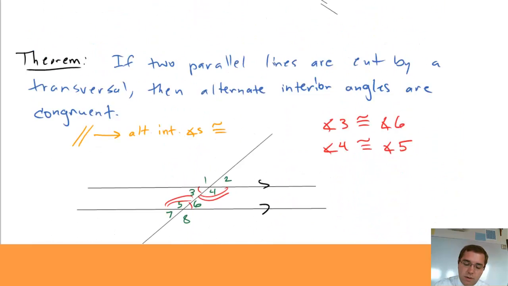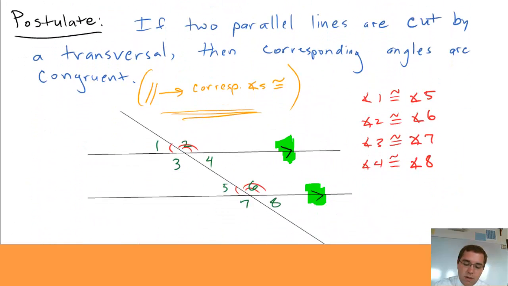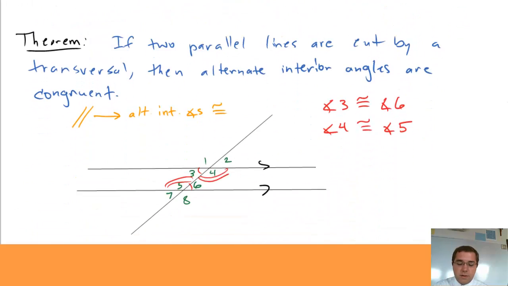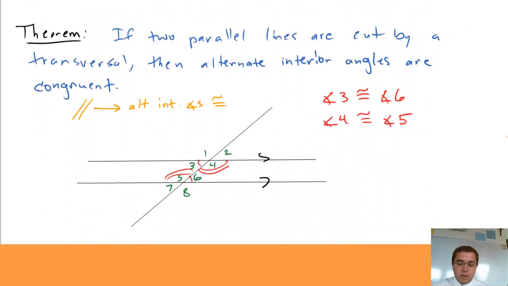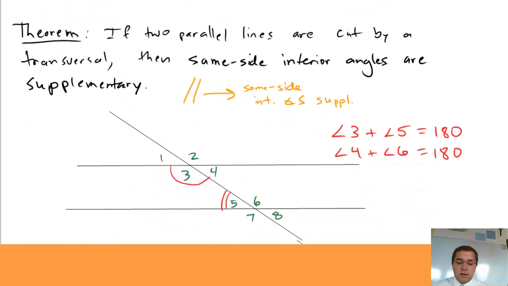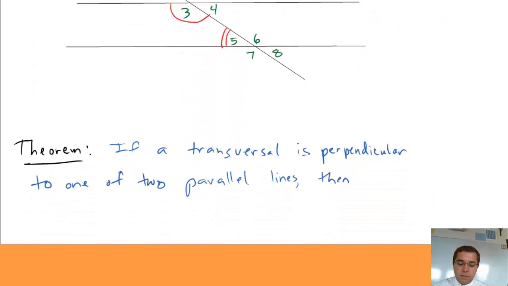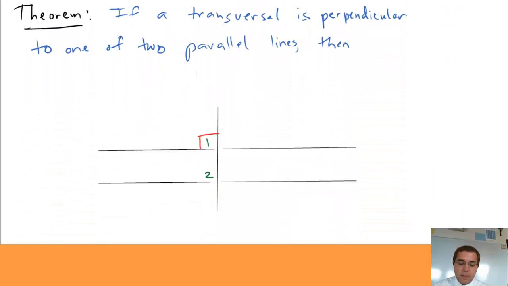Okay, so to review, so far we have parallel lines give us corresponding angles congruent to each other. Parallel lines give us alternate interior angles congruent to each other. And parallel lines give us same side interior angles that are supplementary to each other. Okay, one last theorem. If a transversal is perpendicular to one of two parallel lines,